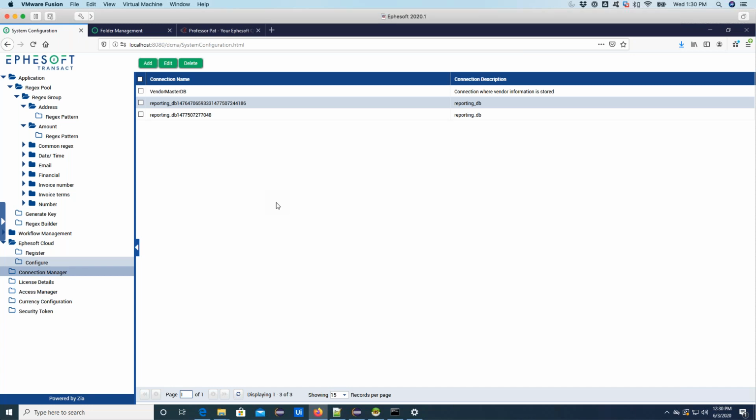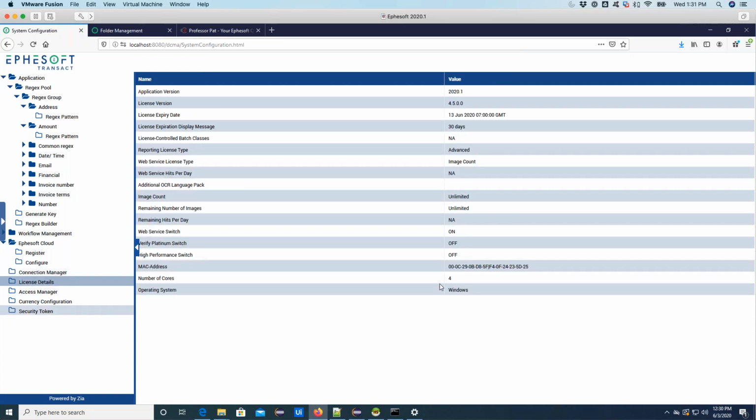So there's a couple different ways on whether or not you're going to add that connection string, which is this connection name that's used. Or it could be that you're just going to import it when you bring it in the next time. But just to note that you have both of those options.